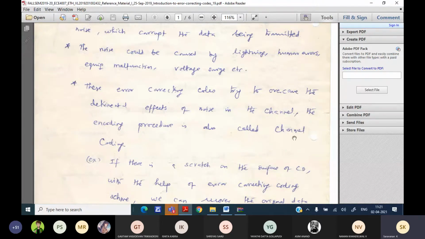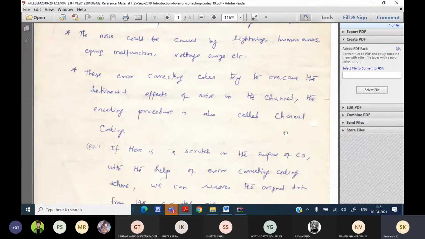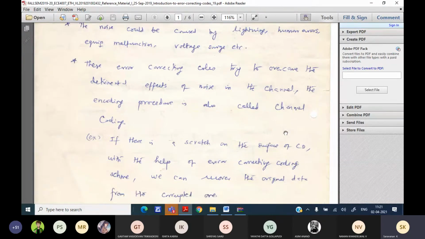Because we are going to identify the corrupted bit, we can identify which bit error occurred, detect it, and also correct it by means of the error correcting capability of the code. So error correction comes under channel coding.